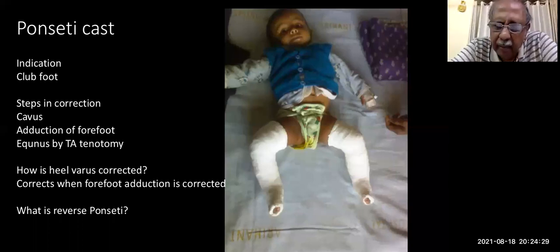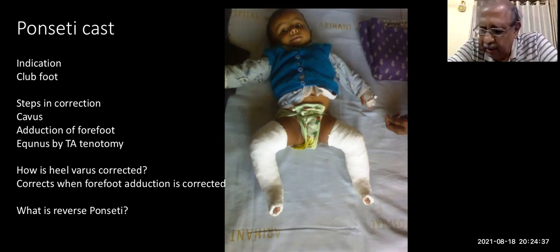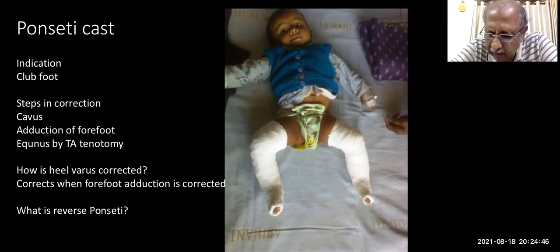It was described by Matthew Dobbs for the management of congenital vertical talus. So the steps here are mainly, the first thing is you have to palpate the talus, which is usually on the posteromedial aspect. The head of the talus in a vertical talus is usually on the posteromedial side. You give gentle pressure upwards and laterally, and then you plantar flex and invert the forefoot over the head of the talus. Then you can reduce this talonavicular dislocation, and you put the plaster in extreme clubfoot position.